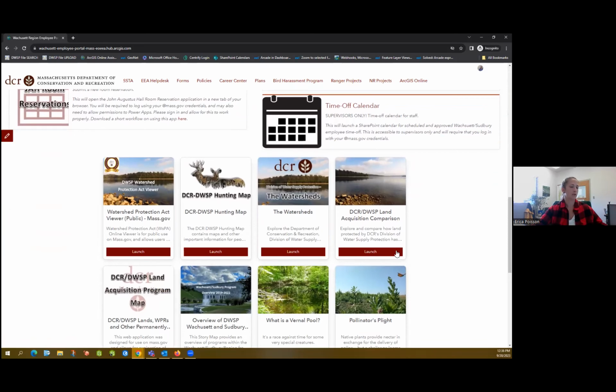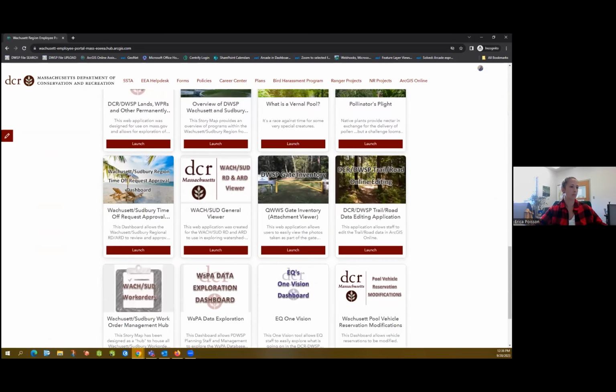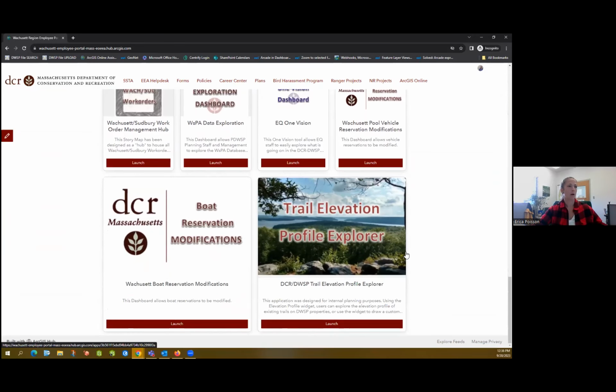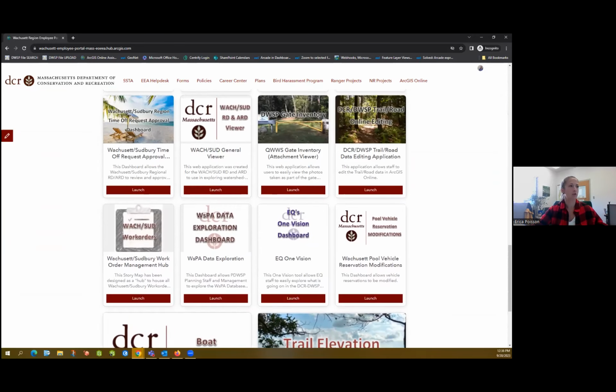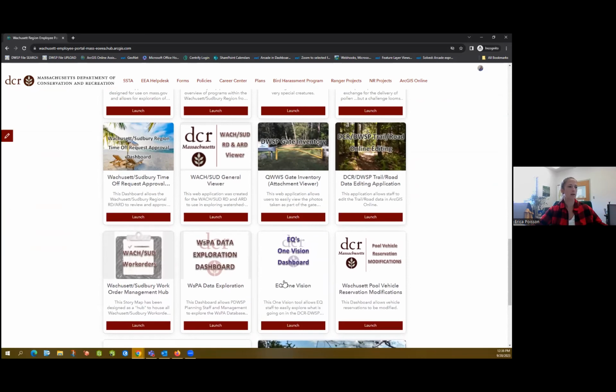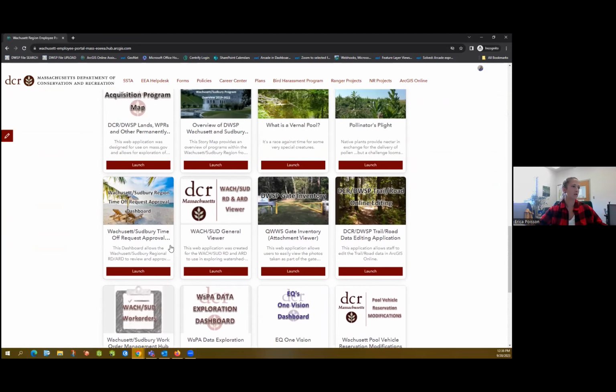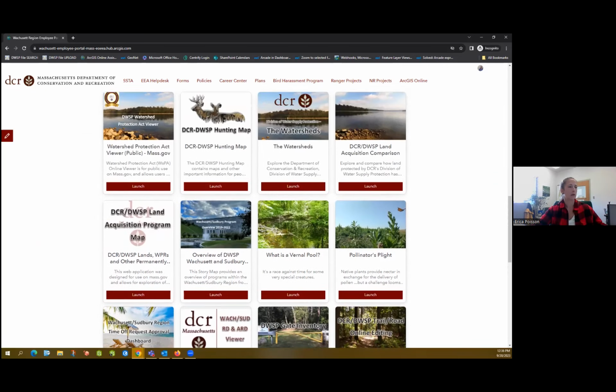So, this looks the same so far, but depending on your group membership, a whole other slew of apps will show up. Now, because I'm an administrator, everything shows up for me. I have access to all of it. But if a user logged in and they only had access to a handful of these, only the relevant app cards would show up. And then it's a nice jumping off point for staff to access what they need.